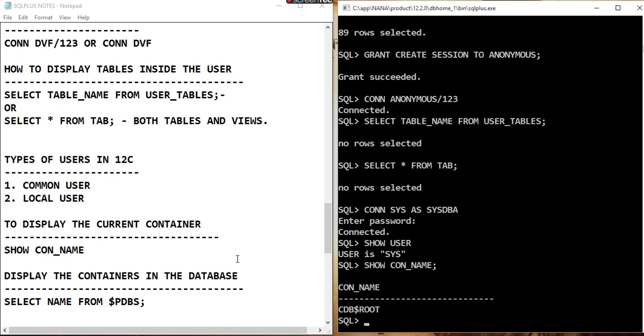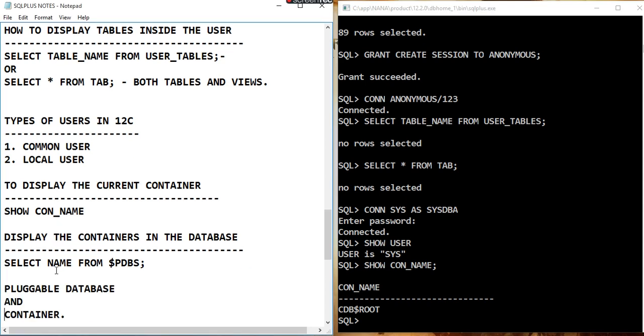That's the default container for all common users. So after looking at the current database container, how do we display all containers in the database? To display all containers, we use the command select name from pdbs,